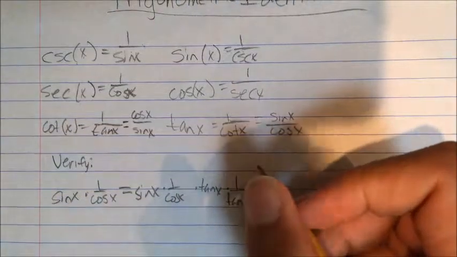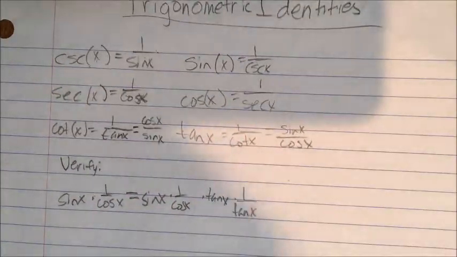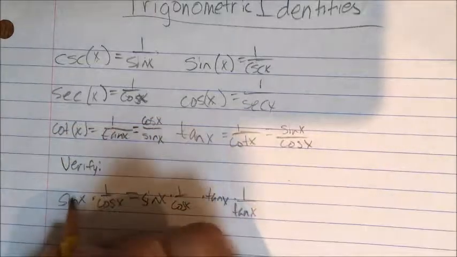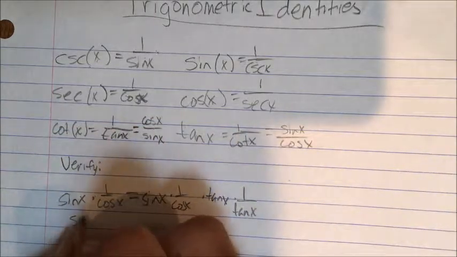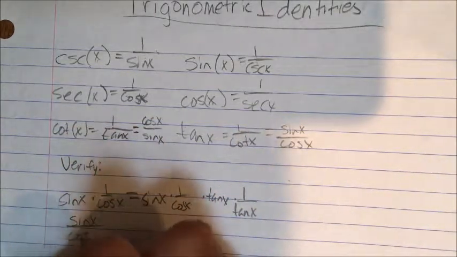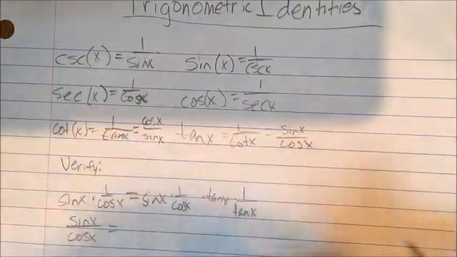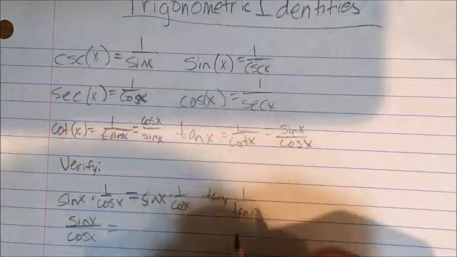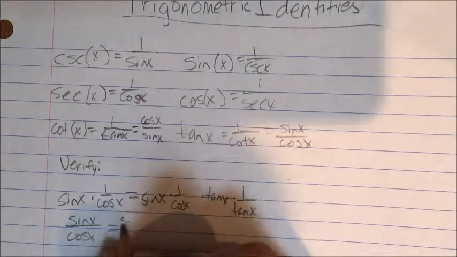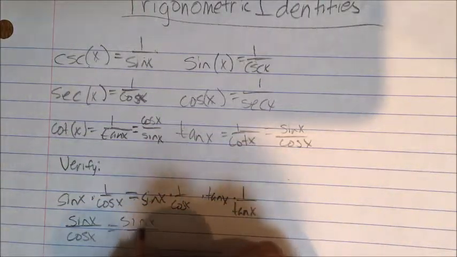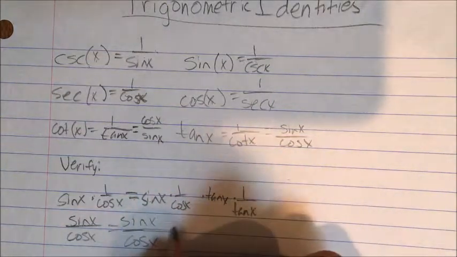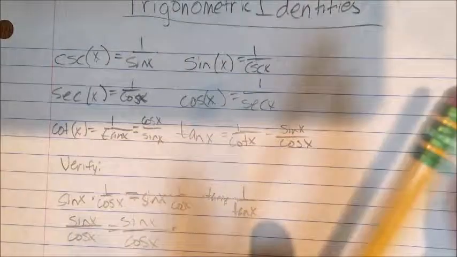Okay, so to verify this identity, what we can do first is this side, we can multiply these together and get sine x over cosine x. And on this side, we can get this as sine x over cosine x times,